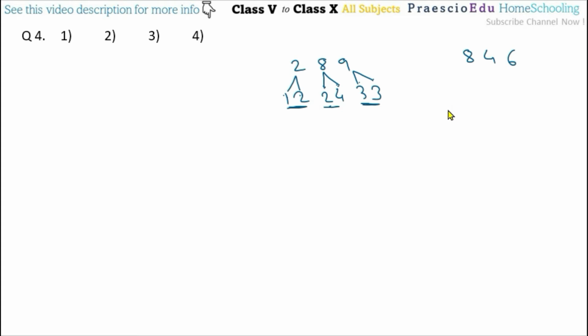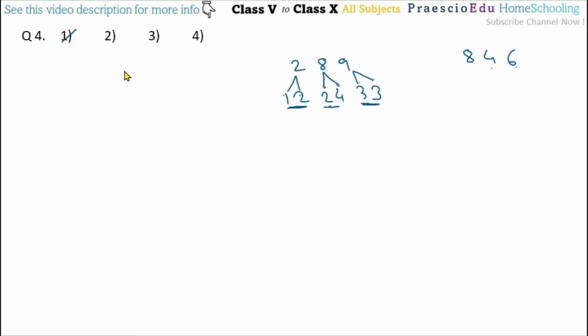From option number 1, 24. So 2 4s are 8. Yes, we are getting it. Then followed by this, 22. So 2 2s are 4. But that can also be possible. But the last, 3 3s is mentioned. So 3 multiplied by 3 that is 9. But here the 6 is mentioned. So that's why option number 1 is incorrect.